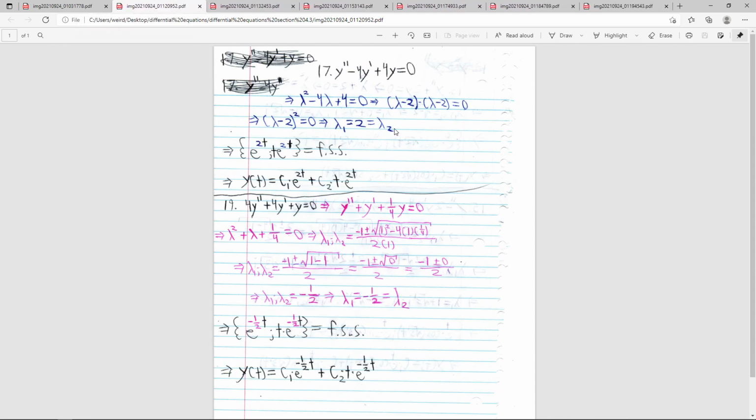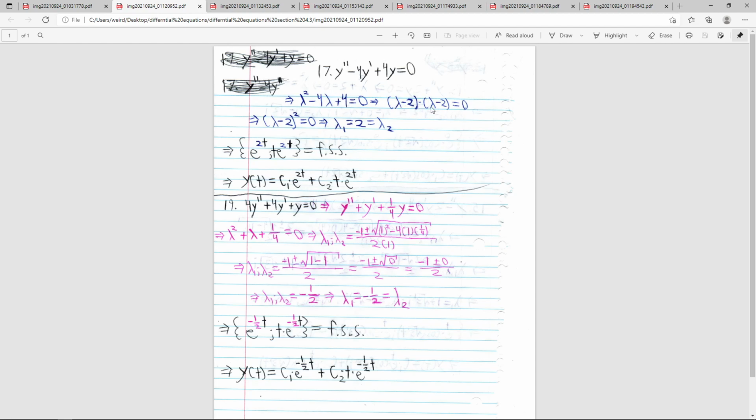And now we're going to look at the other case where the roots are equal to each other. Our two lambda values are equal to each other for the next several. Then we have some initial value problems of that. But first, in this case, it's lambda squared minus 4 lambda plus 4 equals 0. And we can split it up into two binomials, the product of two. So it's lambda minus 2 times lambda minus 2 equals 0. Yep, when you figure it out quickly,